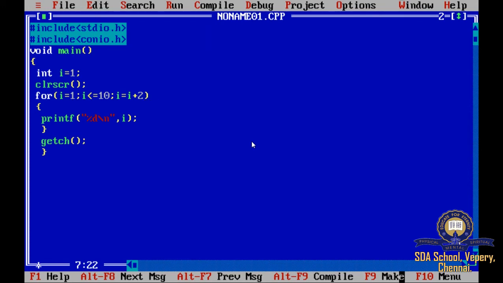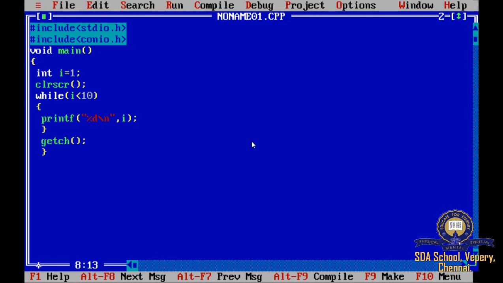Now let us do it with a while loop. What is the initialization I have done here? int i equal to 1, and while, the same set of statements I am giving. While i is less than 10, so this is your condition checking.